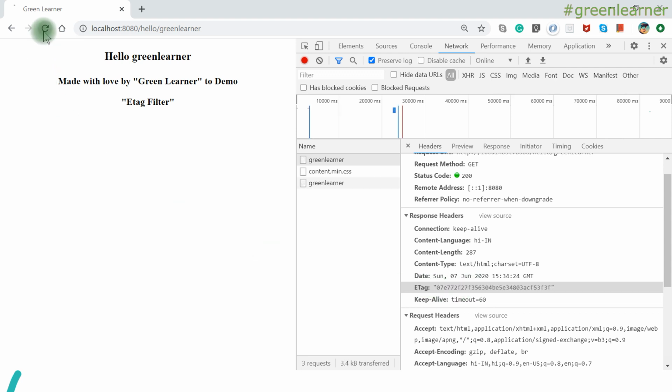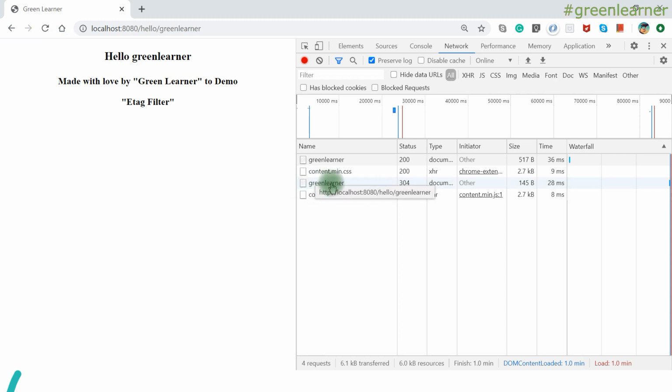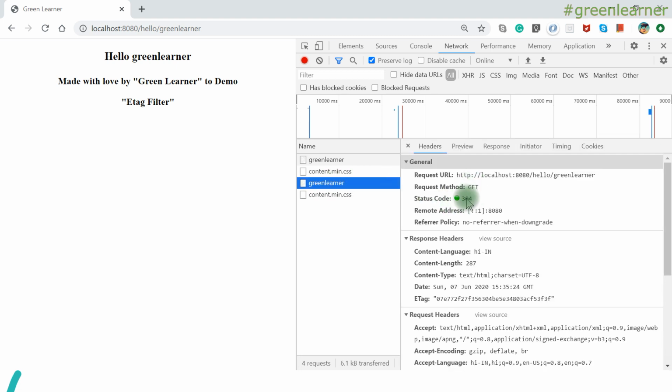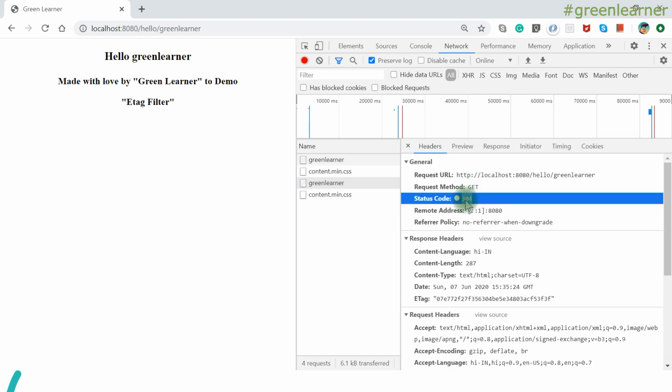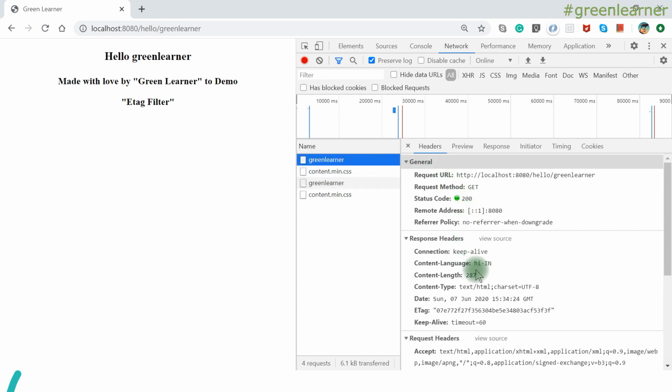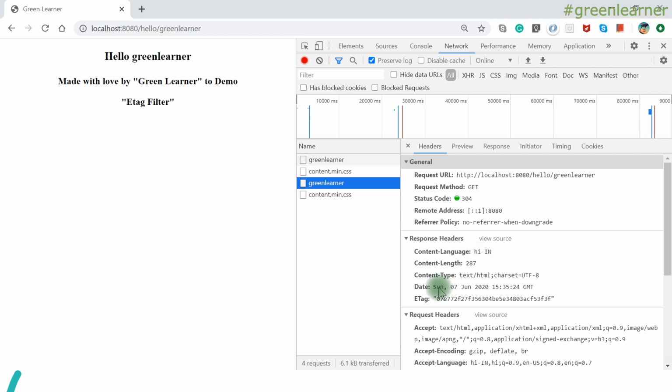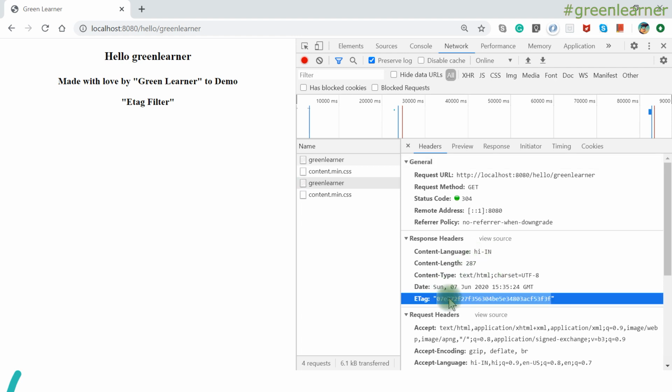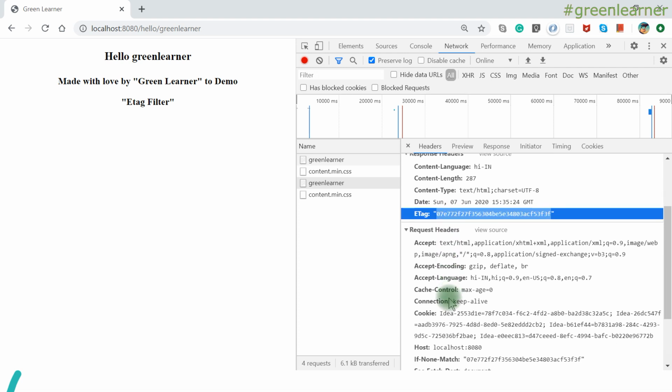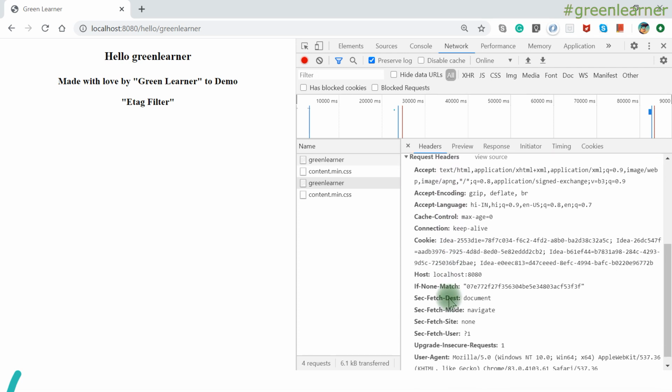So if I refresh this again, this is the second request that I am getting, and you can see the status code is 304. Let's inspect this one. Now the status code is 304, which is not modified, right? If I come here, response header, few information is coming here, Green Learner. It has keep alive and all those information, but now it has only this information along with the E tag information that it had sent earlier. But when I come under the request header, what request is sent to the server, it has all the information along with this if none match header, right?